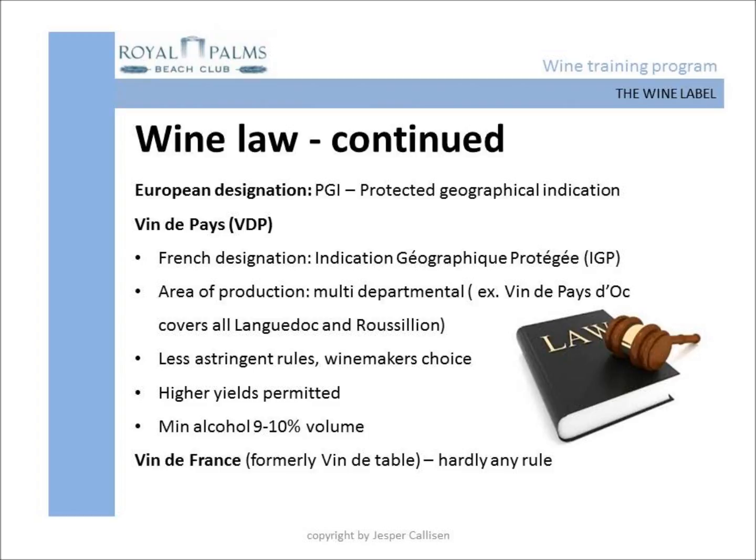The advantage of using the PGI designation is freedom for the winemaker. Freedom to choose the grape variety, higher yields are permitted, and all the stringent AOC rules do not apply either. For that reason, this indication is great for creating large volume brands, as wines can be blended from large regions and made to the exact specifications the producer wishes.